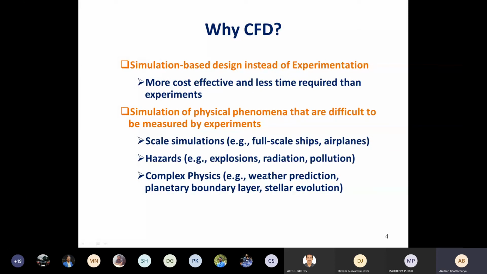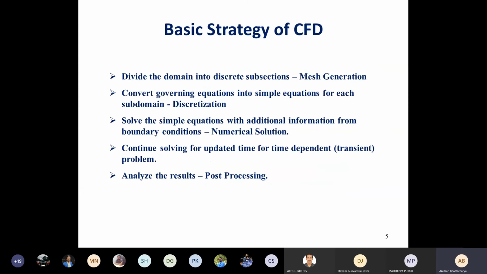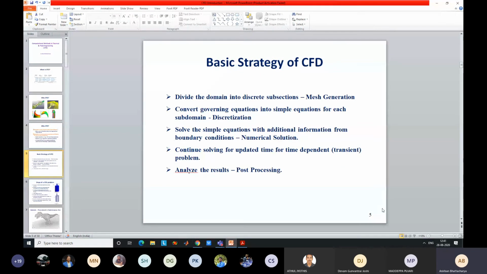Experiments are not possible. Analytical solutions may be possible for these complex physics problems, but it will give you very basic results. Okay. So what is the maximum, like overall results? You will not be able to capture the nuances. So you need CFD for those cases. A lot of people actually work on CFD modeling of this type, atmospheric CFD modeling or astrophysics CFD modeling also. Any questions? I guess it's just introduction, so we may not have too many questions here.